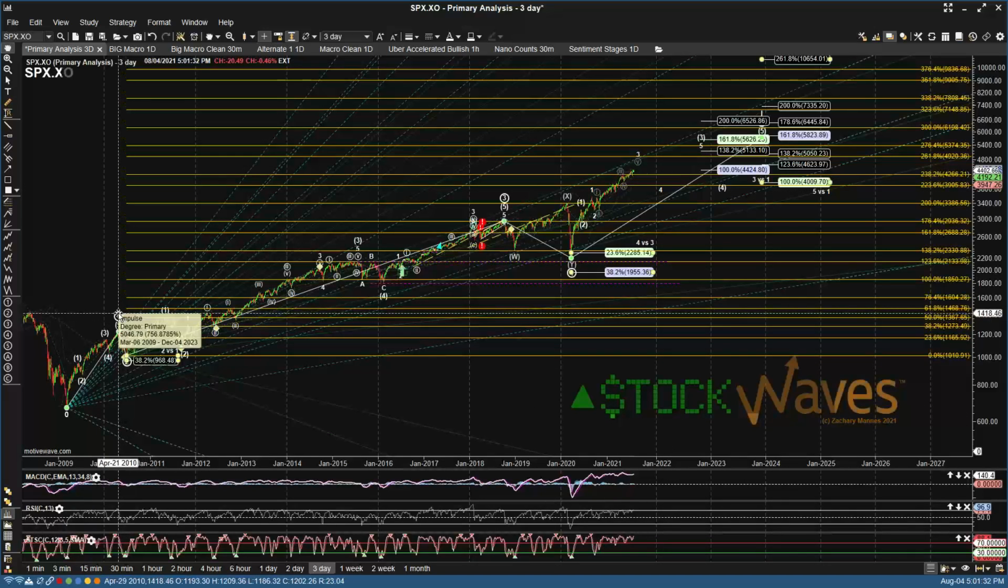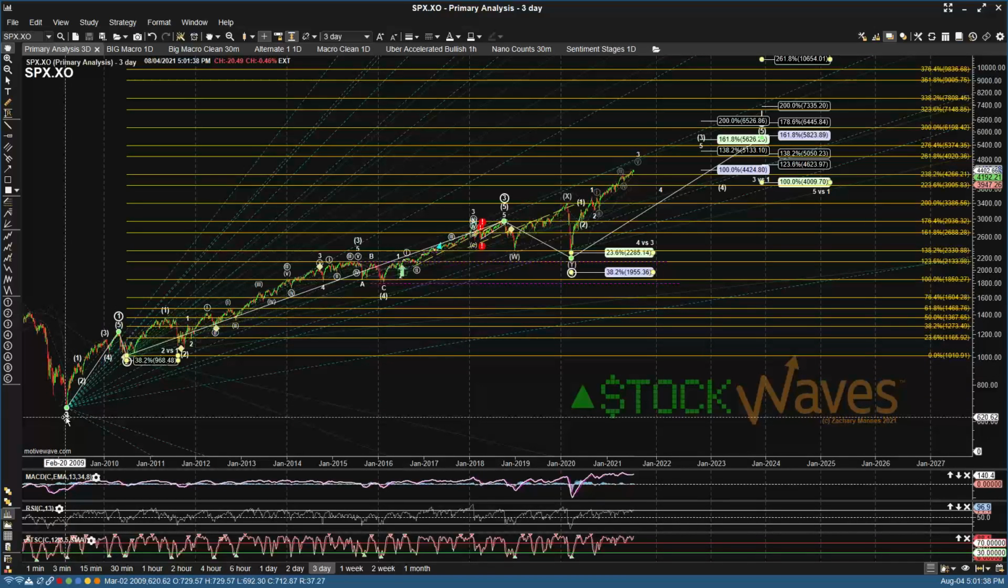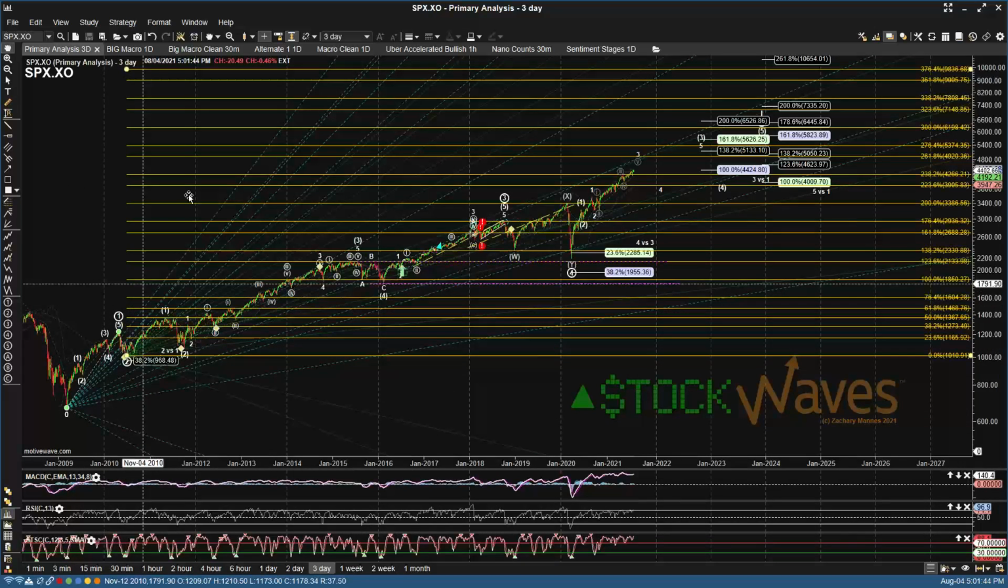But we have our primary degree. So when I click on that circle, wave 1, you can see the 5 waves up off of the March 2009 low. And that's our primary wave 1. Our yellow fibs here are the measure of that 5 waves up as primary wave 1, projected off of the wave 2 low. So that gives us our 0.50, which is where our intermediate wave 1 of the primary 3 hit,